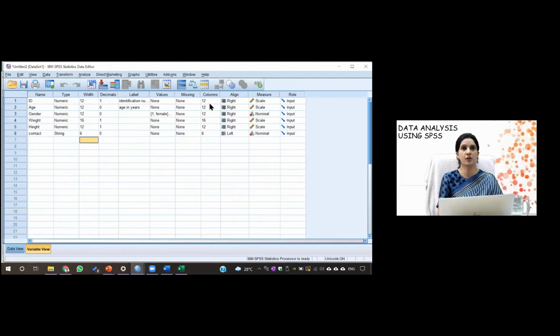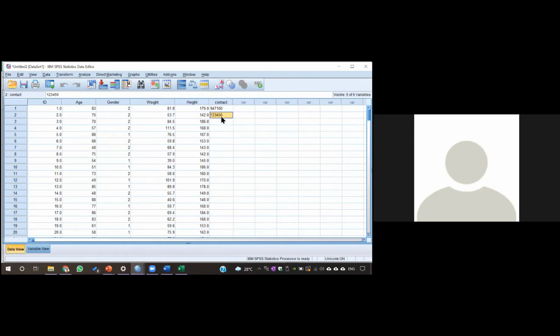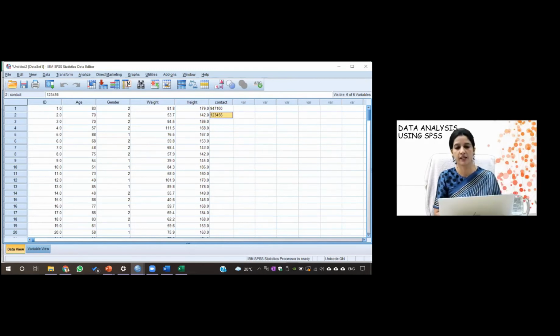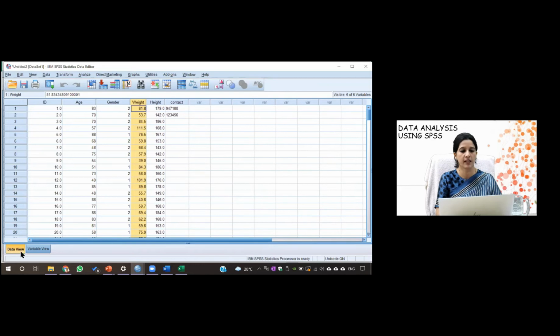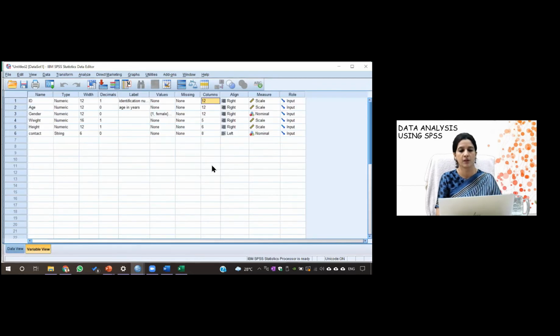No, yes, this column is the column width. This is different. And this width is only for string. This is again different, right? Like if you go to the data view, so if I increase, like in Excel also, if I increase the distance, or the height, the width is very large, so I may reduce the width, just like we do it in Excel. And if you go to the variable view, you can see that it has changed to 5, 6, and 8.